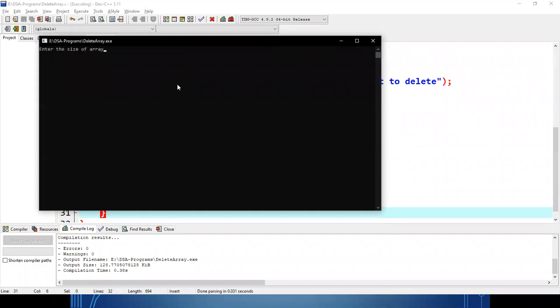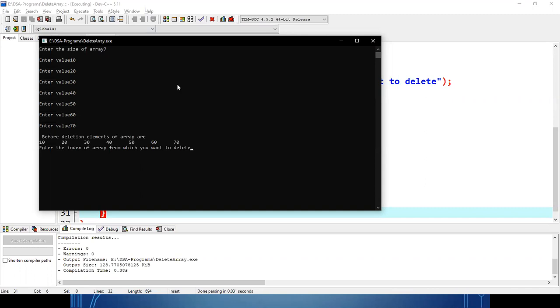Okay, so it is asking for to delete the value. So suppose 7, 10, 20, 30, 40, 50, 60, 70. So these are the values before deleting. We have not deleted any value.